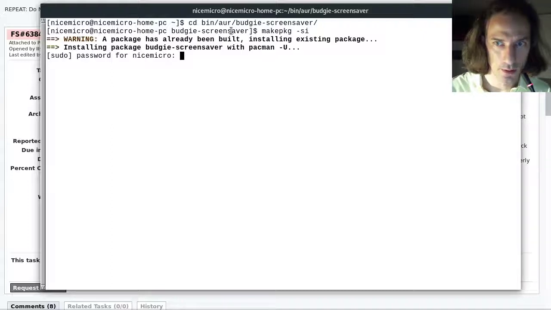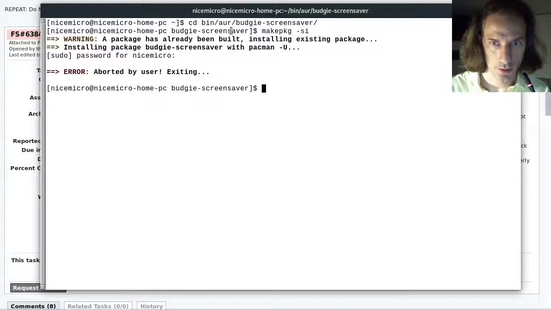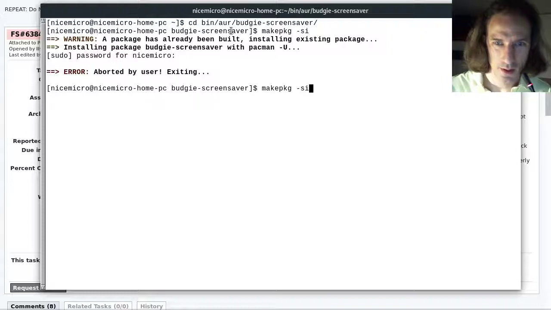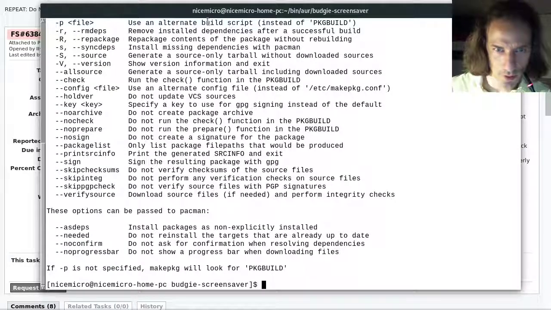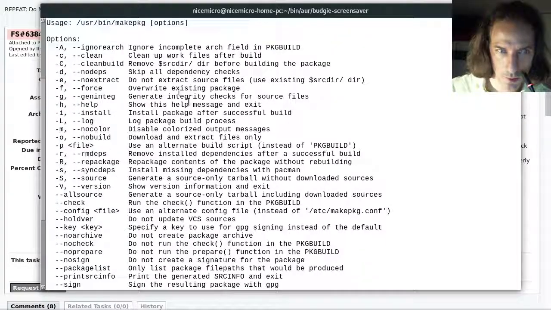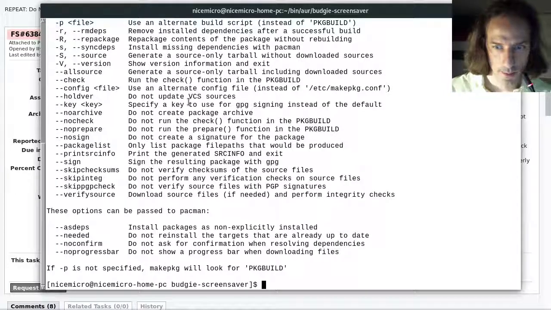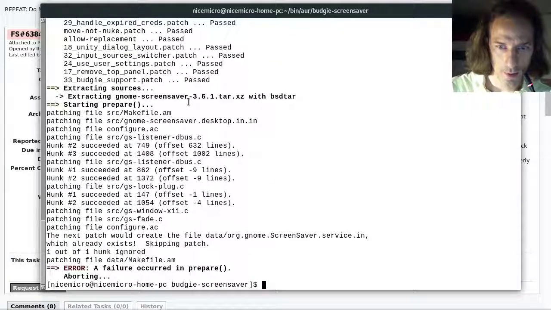Package has already been built. Installing package Budgie screen. No, we should abort that. So we need to rebuild the package, which will be F, overwrite existing package. So we'll use the makepkg -f command. What? Oh, it has some trouble. So let's just